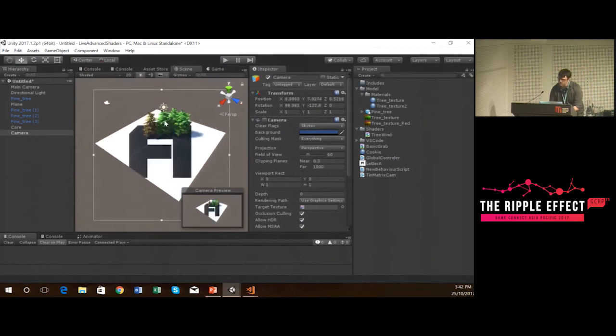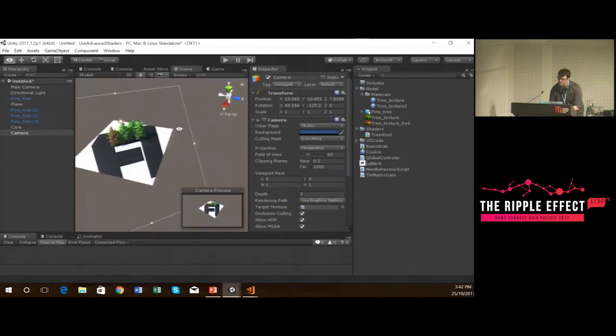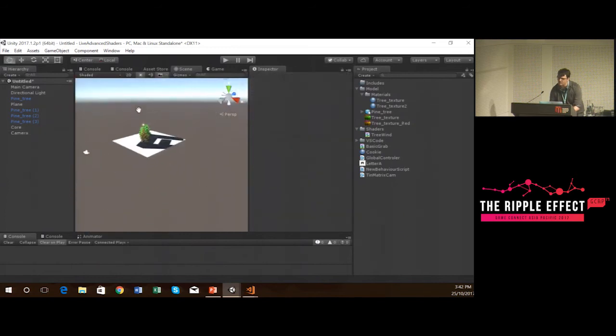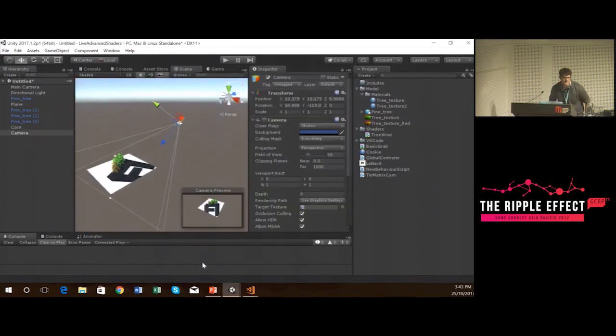And that A is being projected onto it from the angle of that camera that you can see there. So that camera is now dynamically creating a set of UV coordinates that I can use in any space from any shader in order to look that up. Now you can look at the letter A, and if I were to change my field of view,